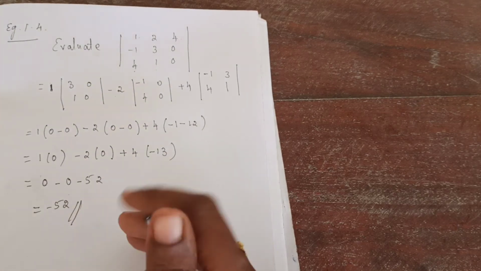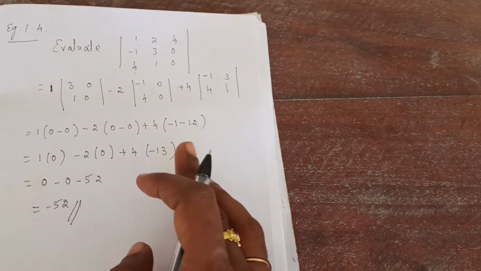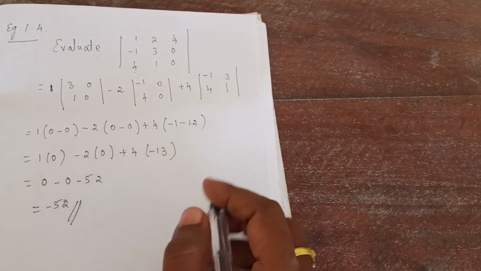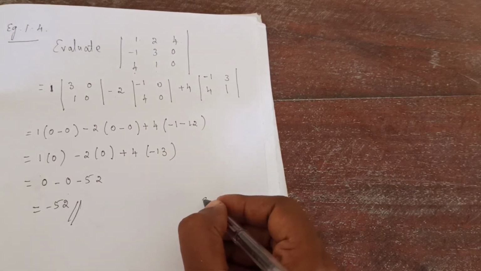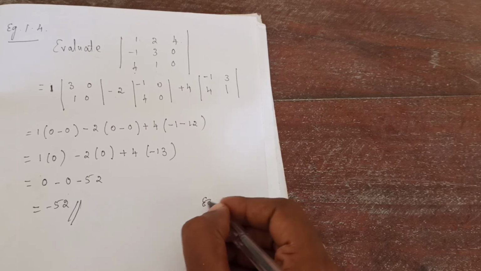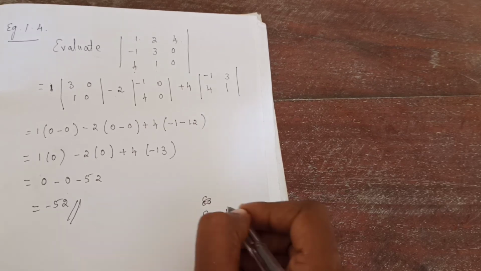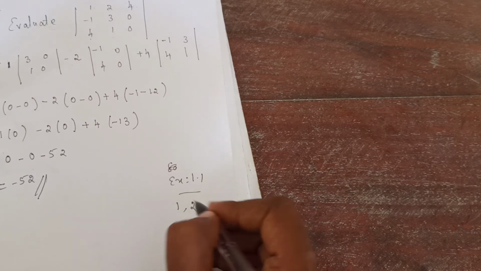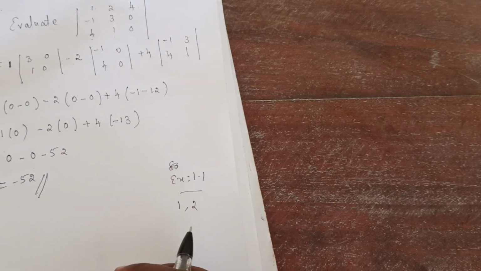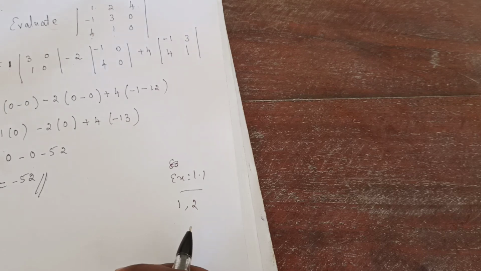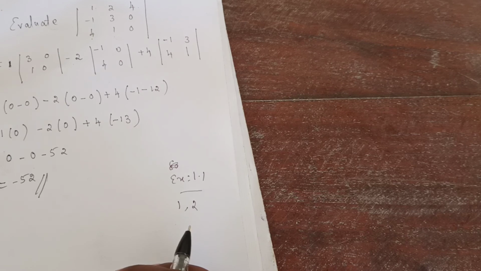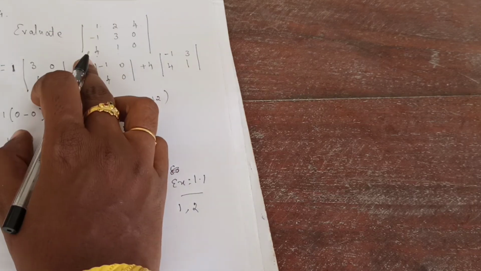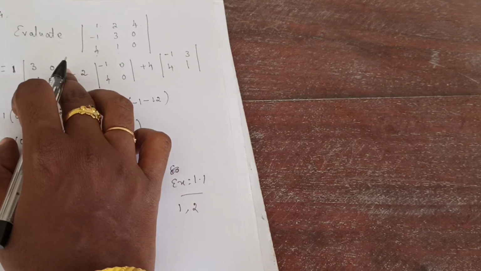So today we have learned some fundamental definitions and 4 examples I have completed. So 2 problems I am giving for you to do at home. That is exercise 1.1 problem number 1 and 2. So first problem, find the minor and cofactor. Already we have done one problem of a 2 by 2 matrix and one problem of a 3 by 3 matrix. Then second question, evaluate, same as this question.